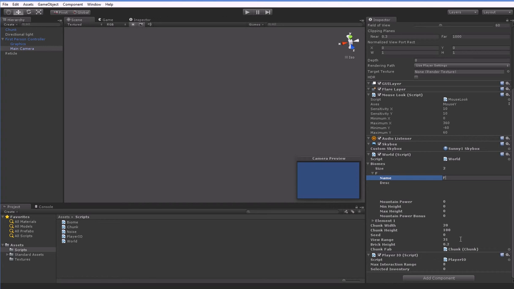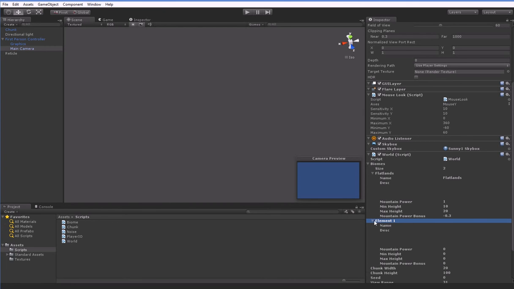Let's call this one Flatlands. And we'll make the mountain power 1. We'll make the min height 10 and the max height 20. Now there are actually 2 options for max height. We're going to be taking it such that we're actually specifying the max height, but the other option is to make that max height the amount lower from the maximum possible height, but we're not going to bother with that. And we're going to give this a mountain bonus of -0.3, which means that we're going to have very, very small amounts of mountains